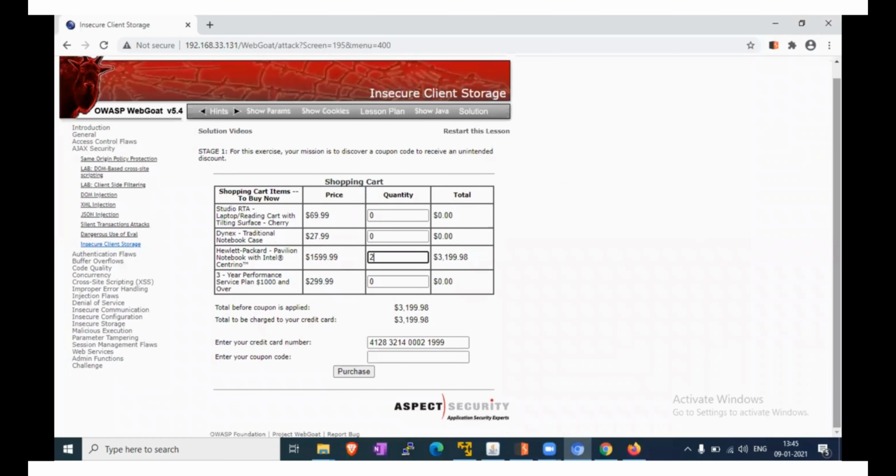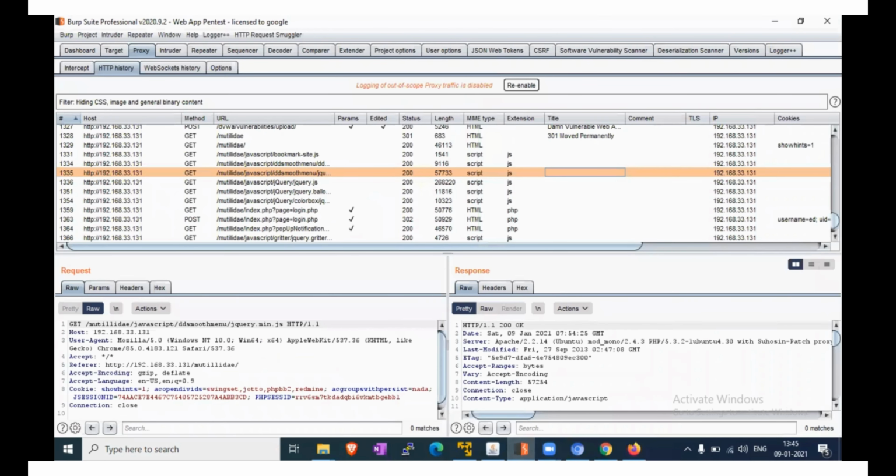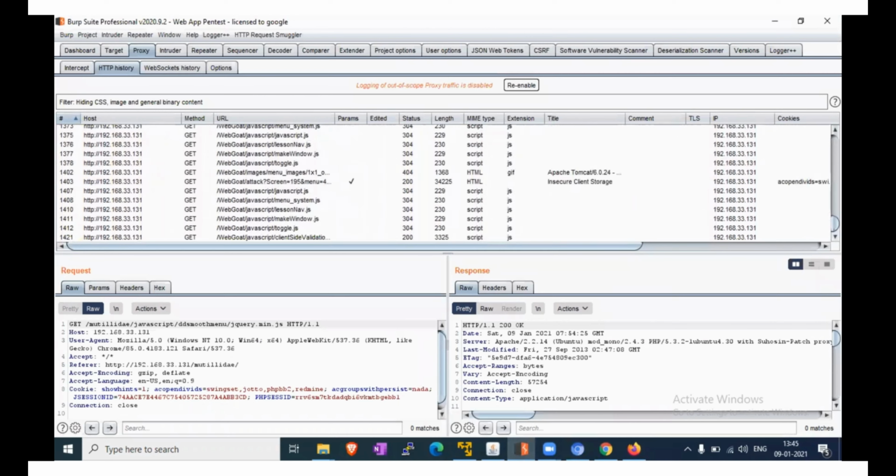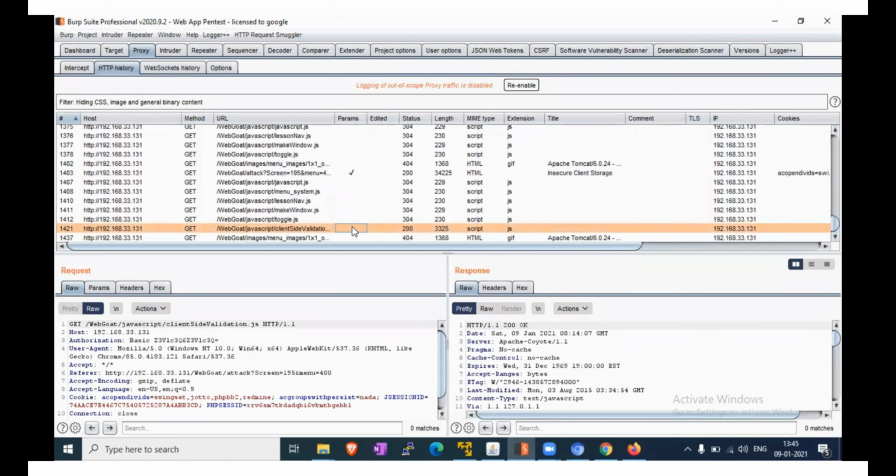Now we switch back to our Burp history to see if there is any event after changing the value. We need to find a specific script. We have already enabled the filter, that's why it's showing here.